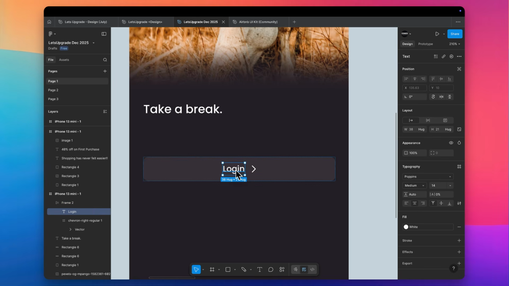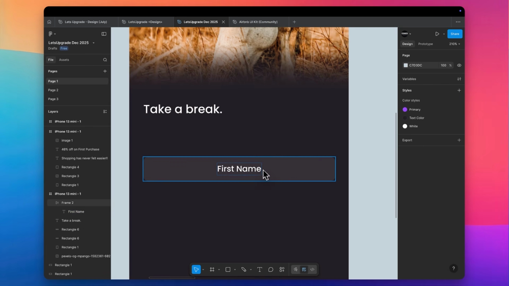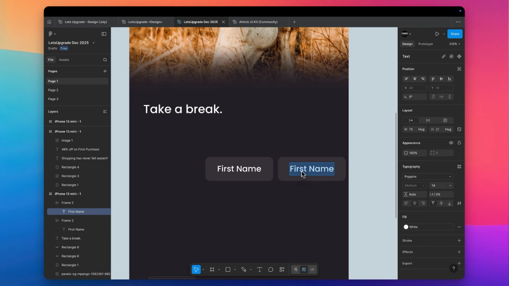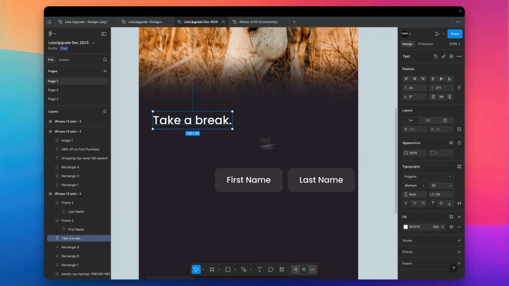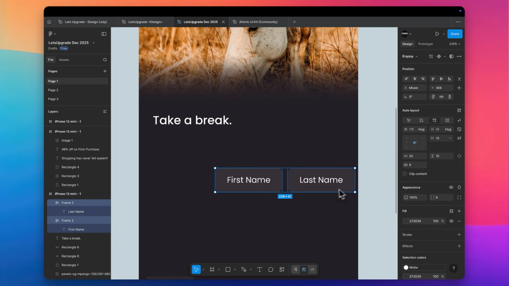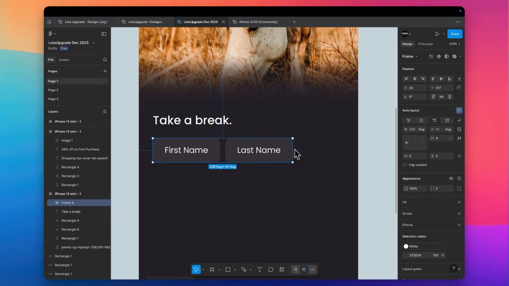So now, because this is where my user will input their information, for example their first name, removing this from here, and their last name. Now, because we had taken Poppins as our font over here, I need to reduce the weight of the font,